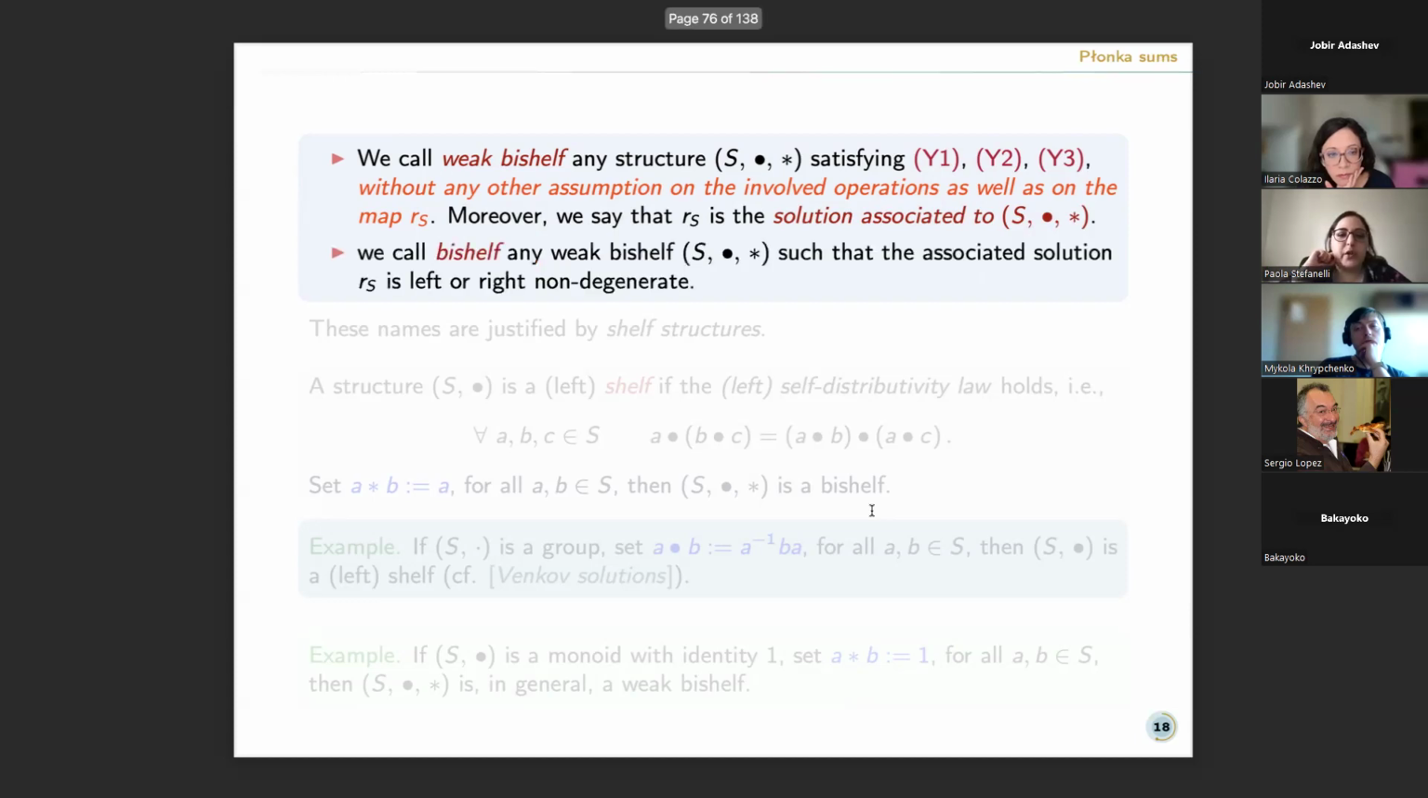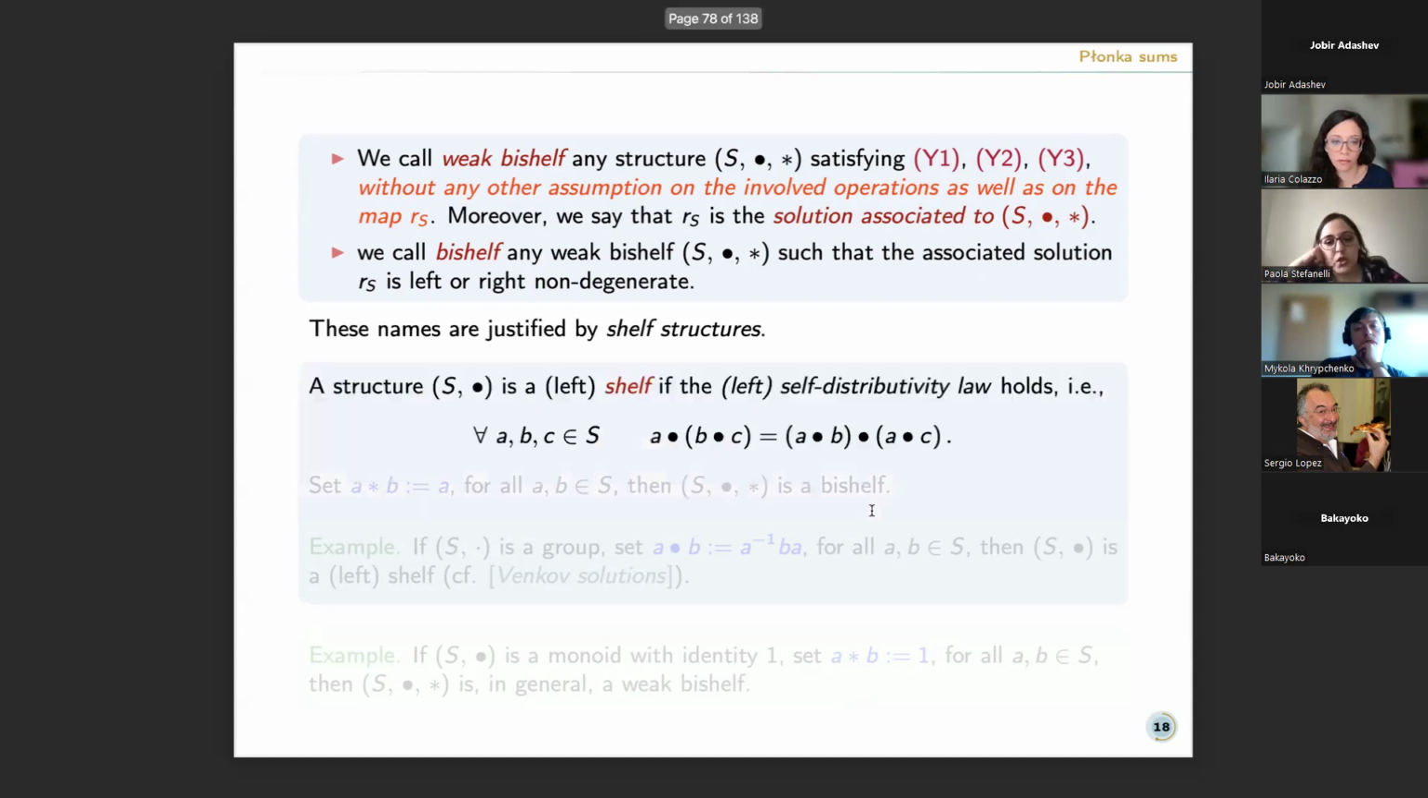We call bi-shelf any weak bi-shelf (S, ·, ∗) such that the associated solution R_S is left or right non-degenerate. These names are justified by the other known structures that are shelf structures. So what is a shelf? A structure (S, ·) is a shelf if and only if it satisfies this identity, that is the self-distributivity law of this operation. In this way, if we simply set a ∗ b equal to a, we obtain a structure